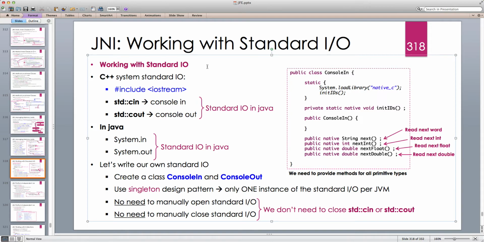And we already know how to deal with it in C++. It's an extremely easy library in C++. We include the iostream, and then std_in, std_out. These are object streams or character streams that take the characters from the console, and then they can put them in any object, any primitive types in the standard library, like int, float, double. And in Java, we know that Java has System.in and System.out. In is the standard I/O,